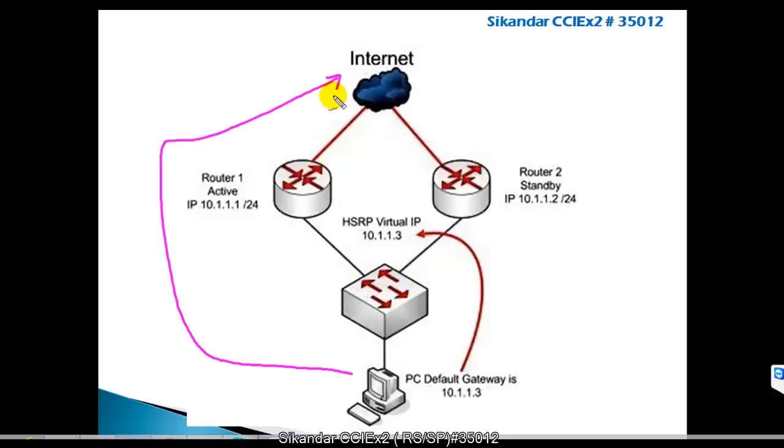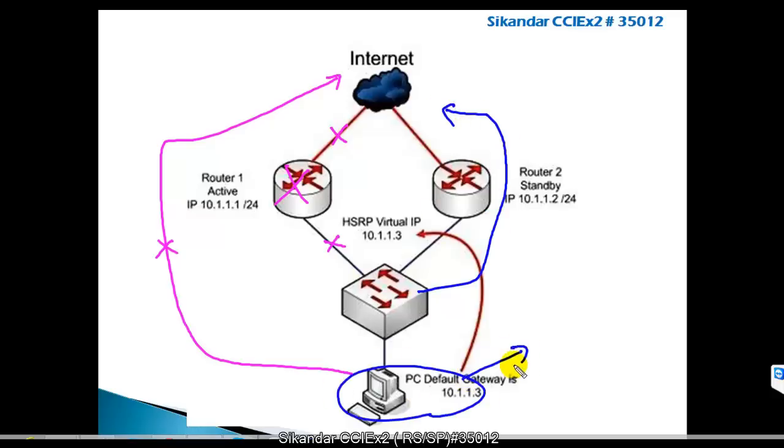Using this, automatically your traffic will be forwarded through the primary gateway to reach the internet. And in case something goes wrong with this gateway, maybe the interface goes down, the router goes down, or the interface connecting to the ISP goes down, automatically it is going to redirect the traffic through the alternate gateway. So the end users will never experience any delay. This is one of the major concepts in your production network, because every organization needs redundancy. Companies definitely prefer redundancy options, and this is the way we can provide redundancy. But this will not happen automatically. You have to configure some commands in order to have this type of reachability.